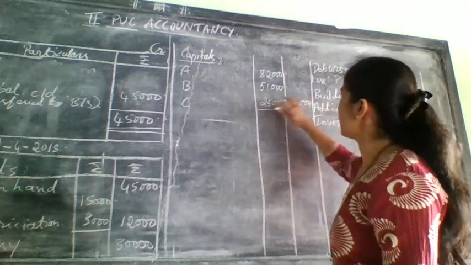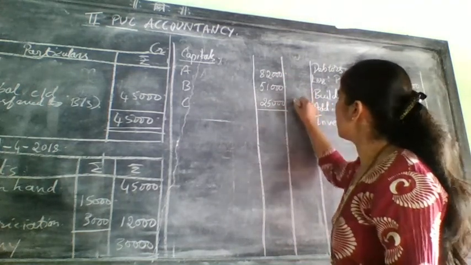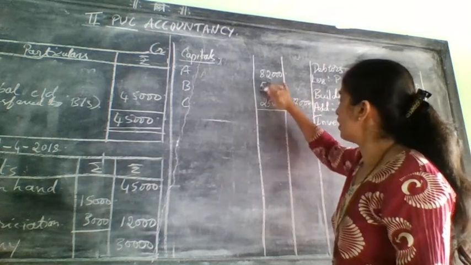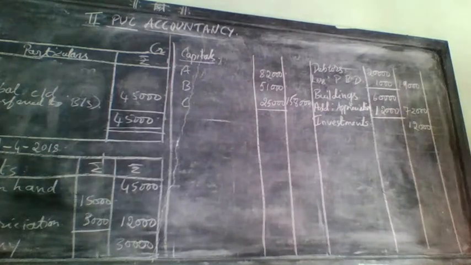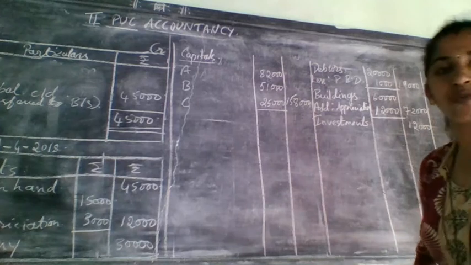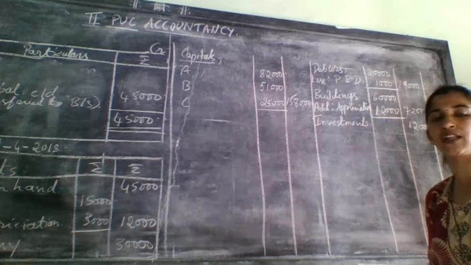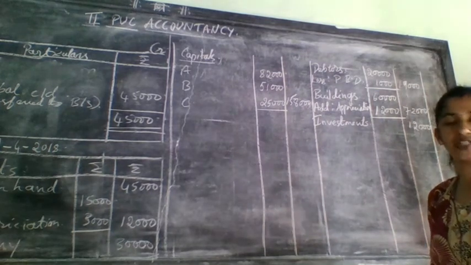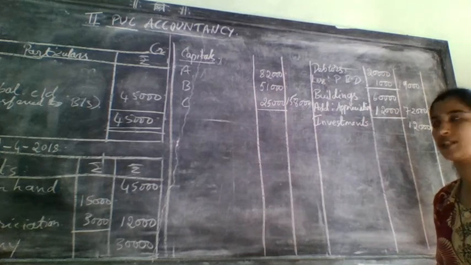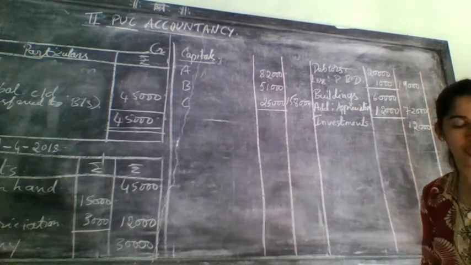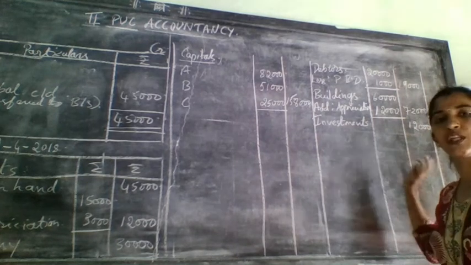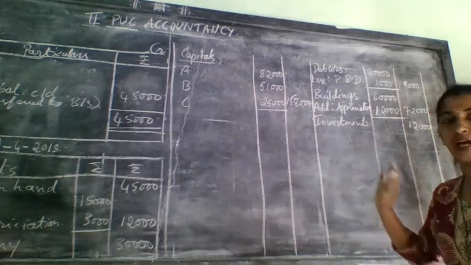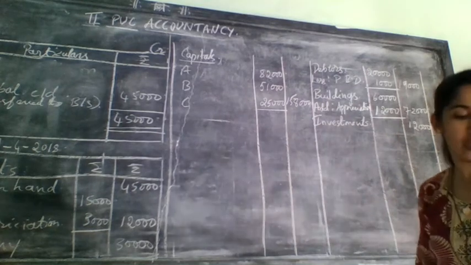3 partners capital, 5 plus 1, 6, 7, 8. 8 plus 2, 10 plus 5. 1,58,000. After that, everything was over from the balance sheet. Correct? When everything was over, check in the adjustment. Adjustment item 2 times it will come. So check in the adjustment, after checking that only you need to do the total of assets and liabilities. Before that, don't go for the totaling.